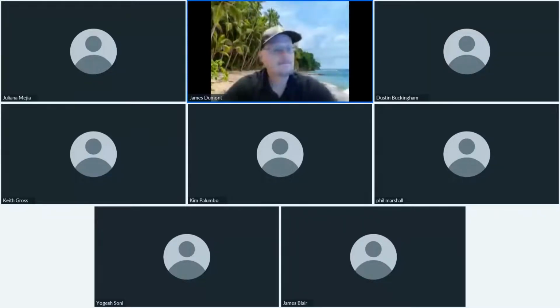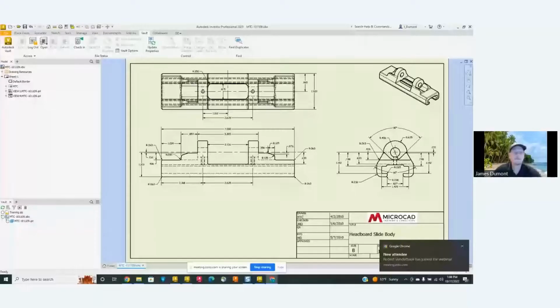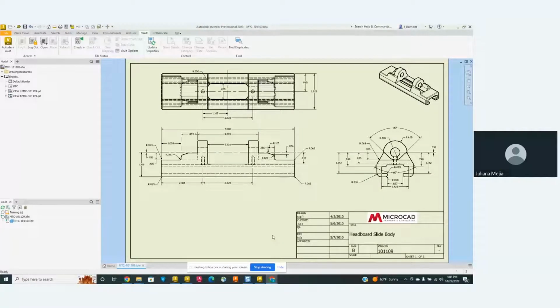All right, so without further ado, let's get into it. We're going to be talking about copy design and some of the ways that people actually approach it. I'm going to share my screen. Okay, do we see Inventor on the screen, everyone? I don't see what I'm sharing, so I want to make sure everyone can see my Inventor session. All right, this is a typical part file in a drawing.